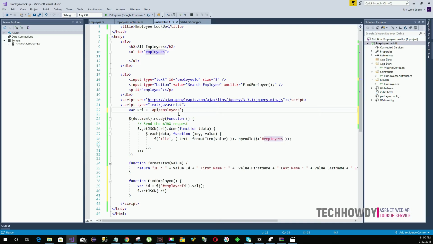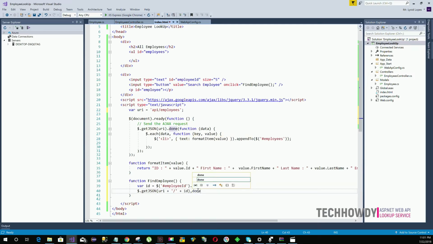So in that case, we want to concatenate a slash and then concatenate the ID, which is basically the value that we will receive from the text box. So the value that we receive from the text box will be concatenated to this slash and then we will